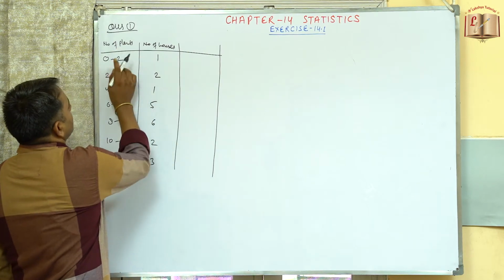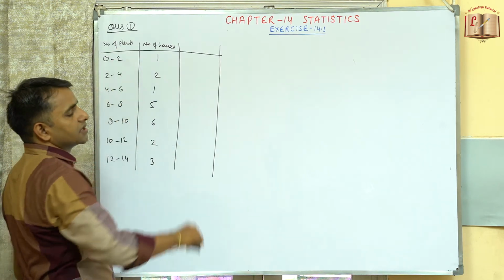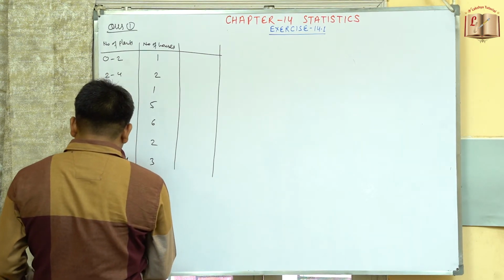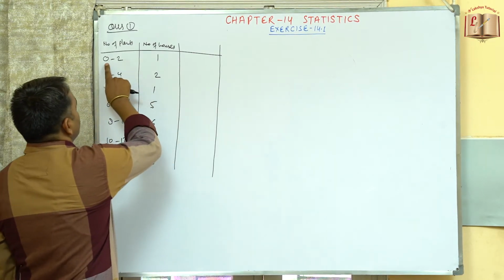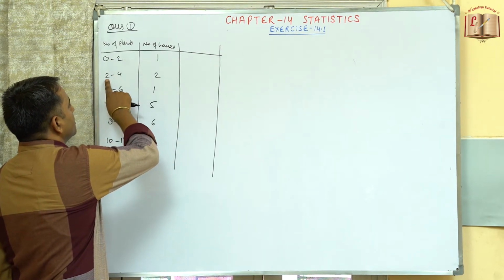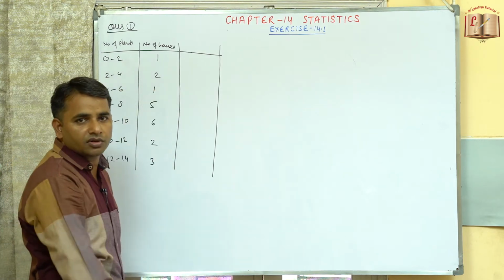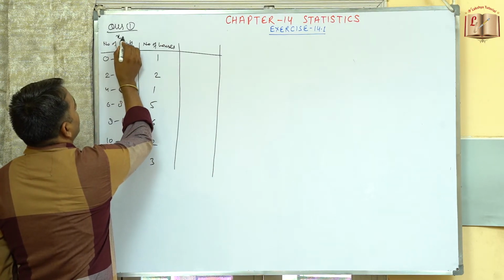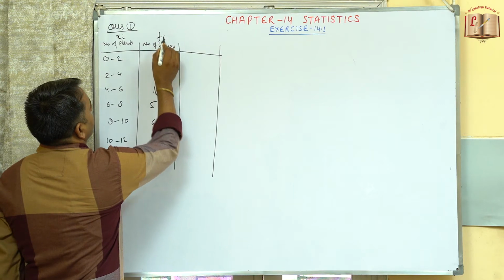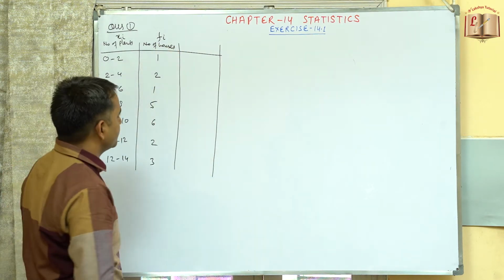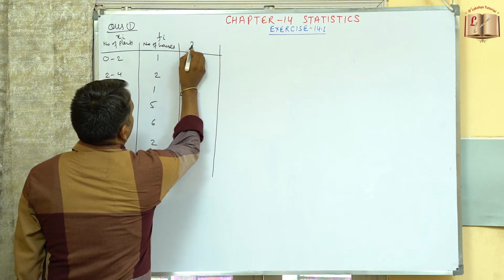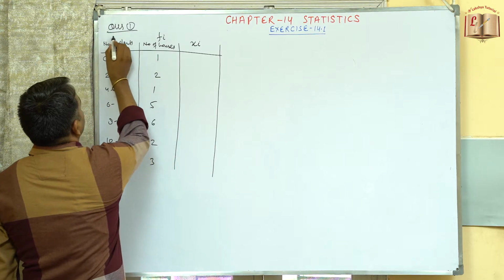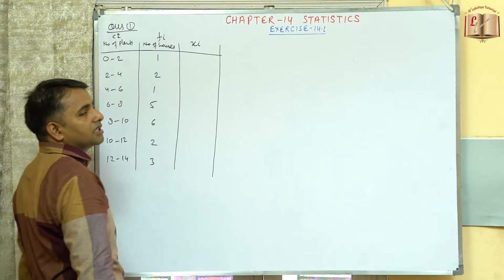So this is the range given to us. Now for this range we need to calculate the value of the xi. So xi, so this is the range 0 to 2 plants in one house, 2 to 4 plants there are the 2 houses, and so on. So first of all we need to calculate. So this is the value given to us as xi, and this is the fi. Fi means number of the houses. So we will calculate here the xi from the number of the plants, the range is given, so we can call it as ci, means class intervals.